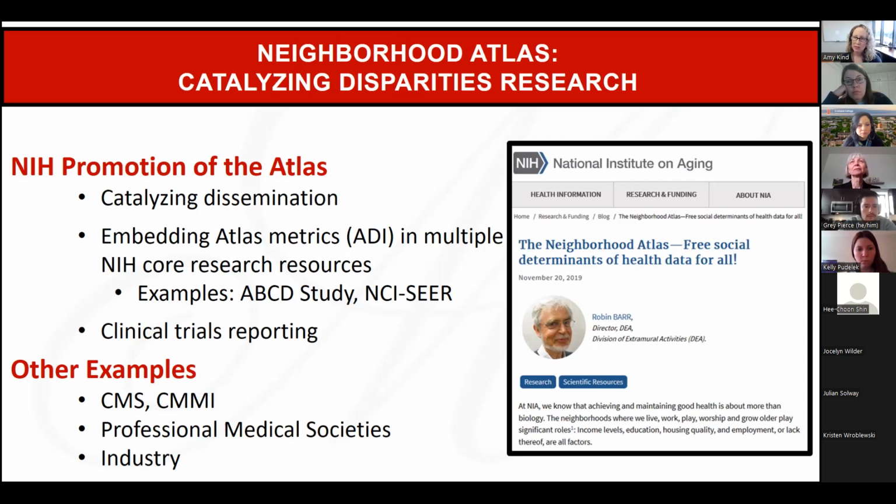And our industry partners tend to fall into two categories. One is using the metrics to shine new light on the data that they already have. The other is to use the metrics to design specifically for these low resource areas to try to improve health in new ways and to inform technology design in particular that is sensitive to all of those issues that arise within a low resource setting.